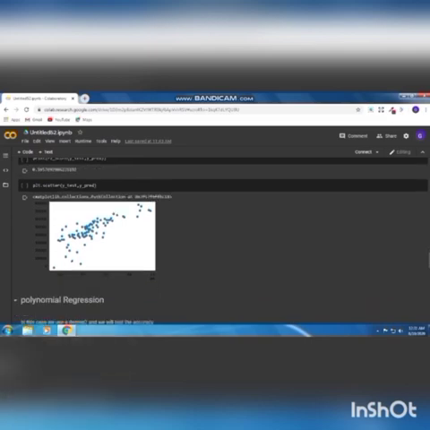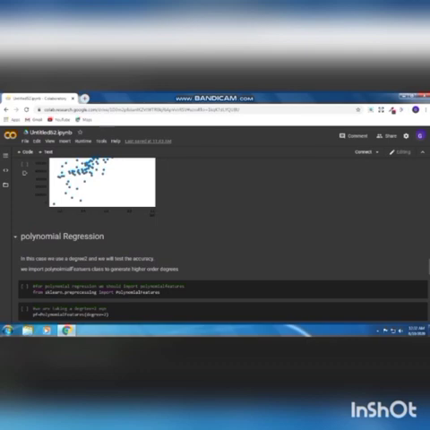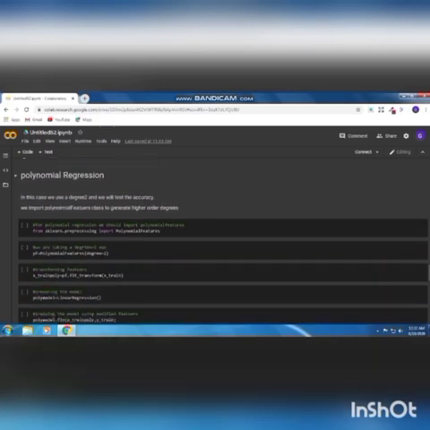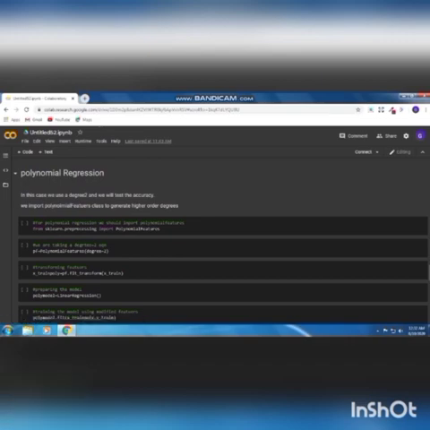Now we are plotting a scatter plot between y test and the predicted y pred, and it results in this. Now we are doing polynomial regression on the data. In this case, we use degree 2 and we will test the accuracy. We import the PolynomialFeatures class to generate higher order degrees so that we can perform polynomial regression.